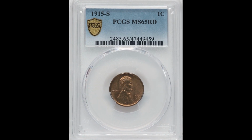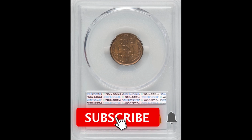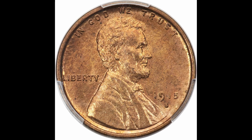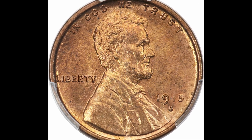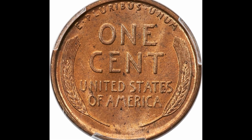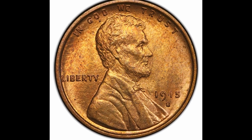You got to combine that with the fact of market conditions. If this coin sold 10 or 15 years ago, the market back then was completely different, as well as you got to adjust for inflation. But at the end of the day, if you can just get more money than what you paid for the coin, that's a big win in our opinion. Make sure that you sell it to someone reputable, whether you do it yourself online, on eBay, or an auction company like Heritage. Again, $7,800,